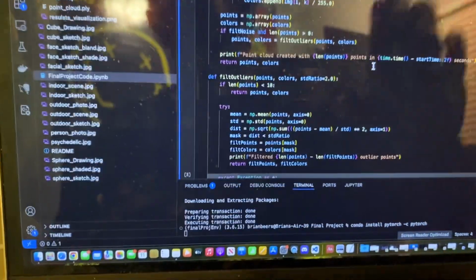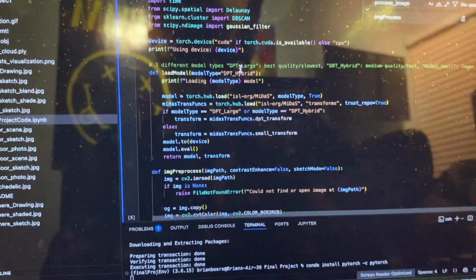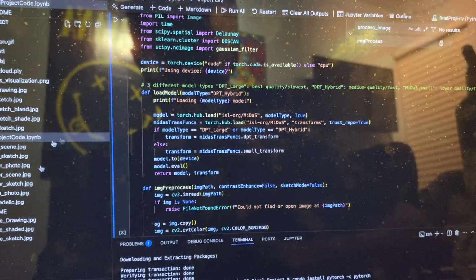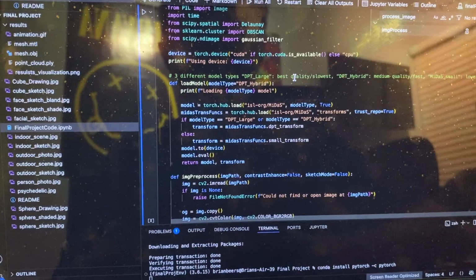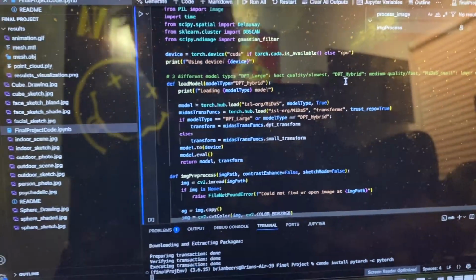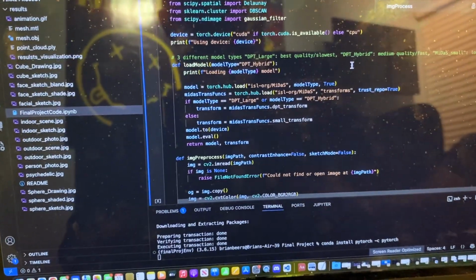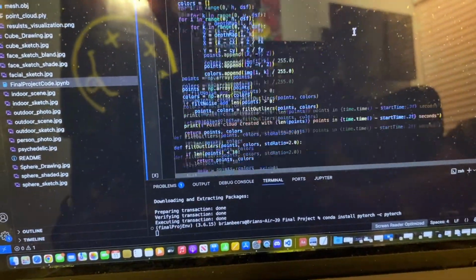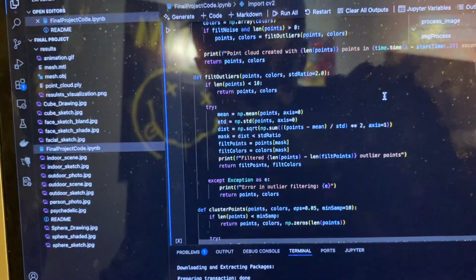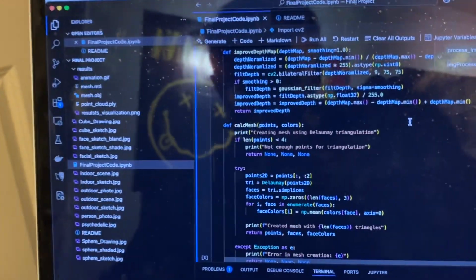Usually I'm gonna work with DPT large, because the pictures that I have in here are small enough to be run very quickly, under a minute, with DPT large. But DPT hybrid is also very good. It gives good results really fast. So if you have larger pictures that you want to try, I would recommend this, or if you don't want to reduce them. So I go through and I calculate the depth maps and the point clouds,